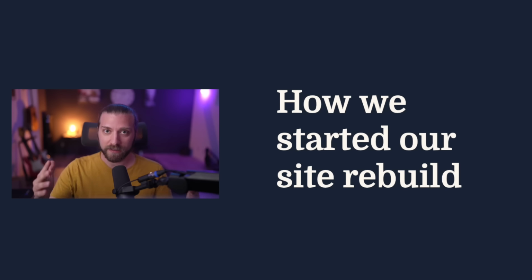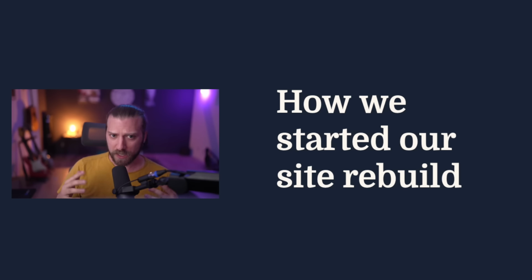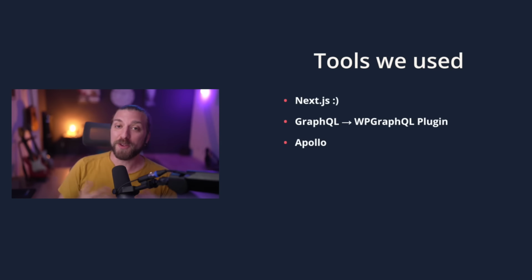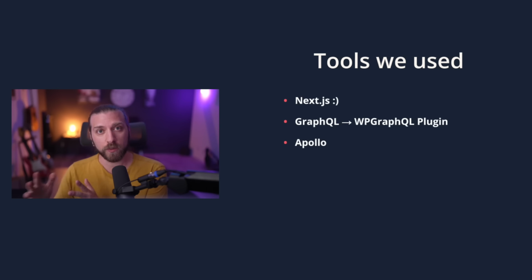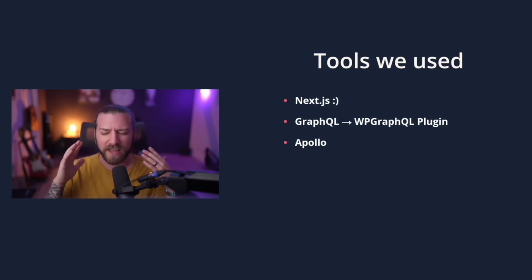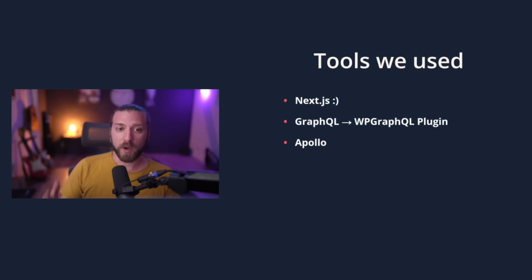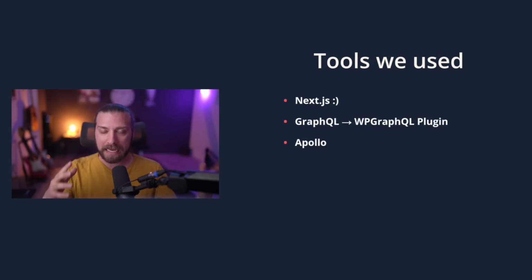So finally, in this last section of today's talk, I want to talk about how we started the rebuild of our site in Next.js. For our site, we used a variety of great tools, obviously Next.js. Why else are we all here? We used a WordPress plugin called WP GraphQL, which uses the GraphQL querying language to retrieve data from WordPress. It's a fantastic way of getting only the data that you need. We also use Apollo, which is a querying and state management library for fetching and handling data and state management for that particular data.